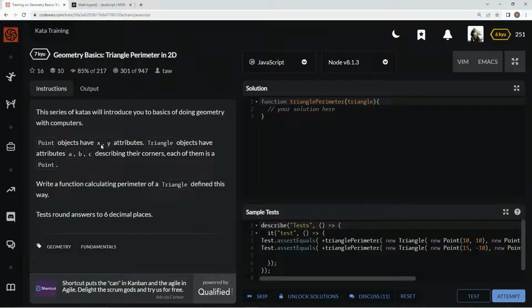Point objects have X and Y attributes. Triangle objects have attributes A, B, and C, describing their corners. Each of them is a point. We're going to write a function calculating the perimeter of a triangle, defined this way. Test: round answers to 6 decimal places. Well, that's cool. So what we're going to do here, because it's hard to understand this, in my opinion, to start off with,